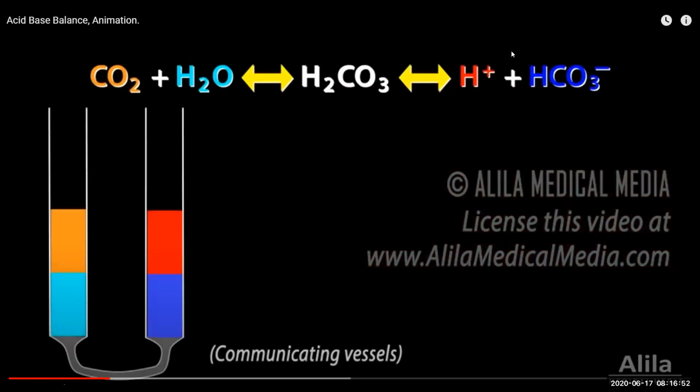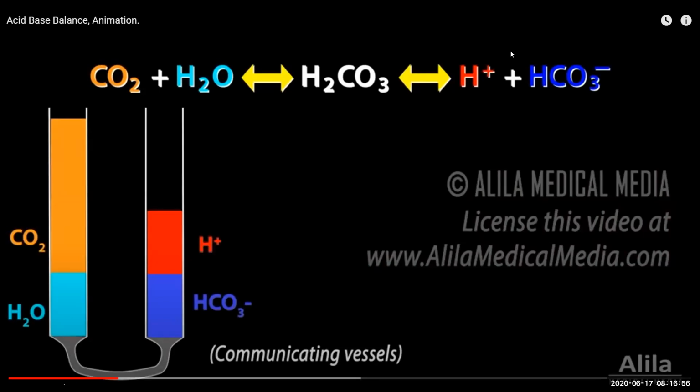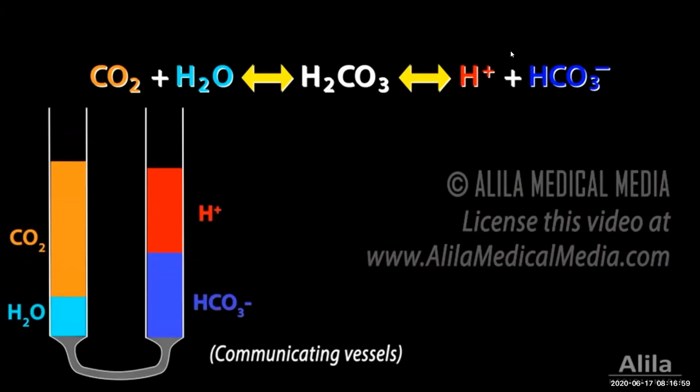The rule of thumb is an increase in concentration of any component on one side will shift the equation to the other side, leading to increased concentrations of all components on that side, and vice versa. This equilibrium is central to understanding acid-base regulation. Continued carbon dioxide production by all cells of the body drives the equilibrium to the right to generate more hydrogen ions. Because pH is